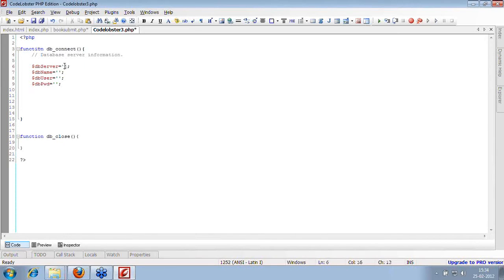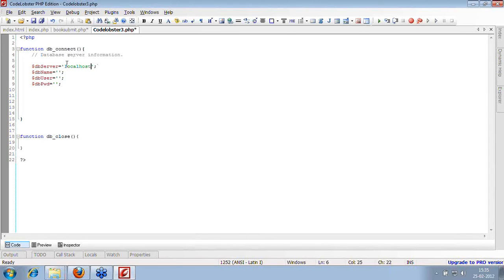Now server, because I'm using a local environment, I'm giving localhost, but many times when you use hosting servers, most of the time they install the database on the same server. So you just have to use localhost. That means the database is on the same server. But it's a very rare case. Sometimes you get hosting companies which give you the database and the code base separately. So there you need to define the database server name, either the IP or the particular name, whatever they will provide. You will get those easily from your control panel.